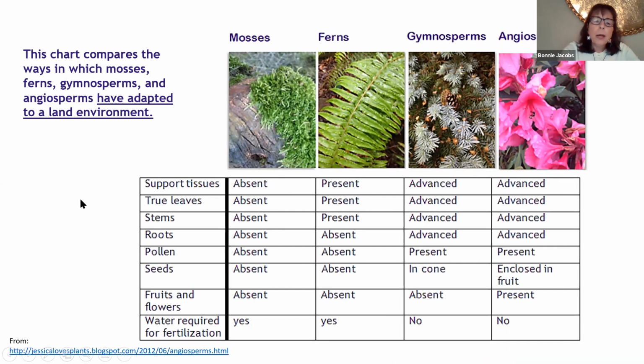All right, so what are flowering plants? Let's first differentiate them from some other things. It's just a simple chart that I found at this very helpful blog site. And here's a list of attributes: support tissues, true leaves, stems, roots, and so on. And down at the bottom,